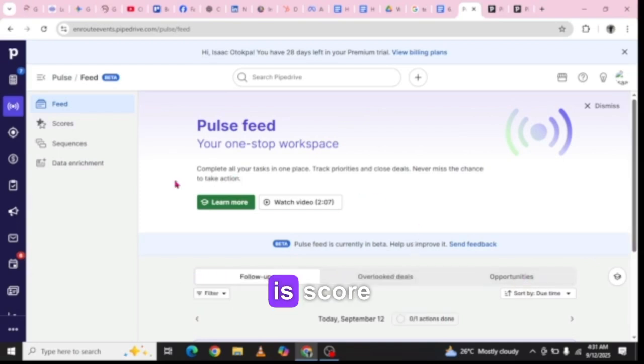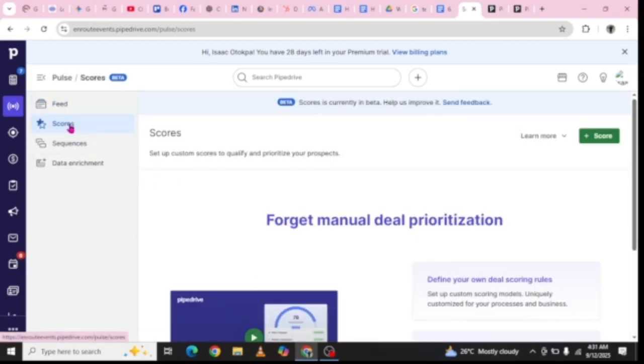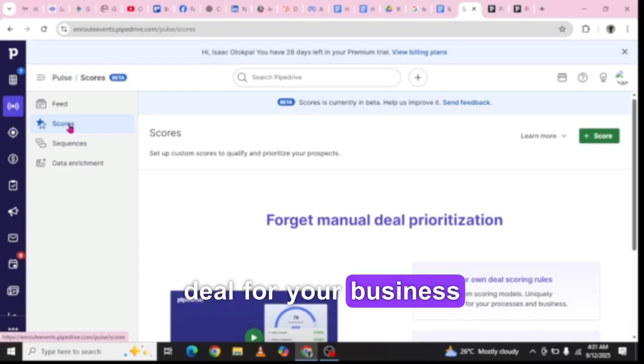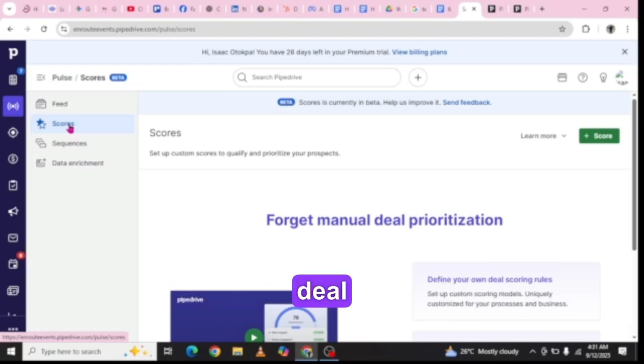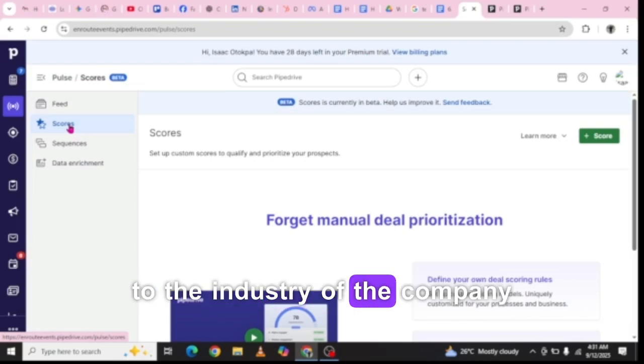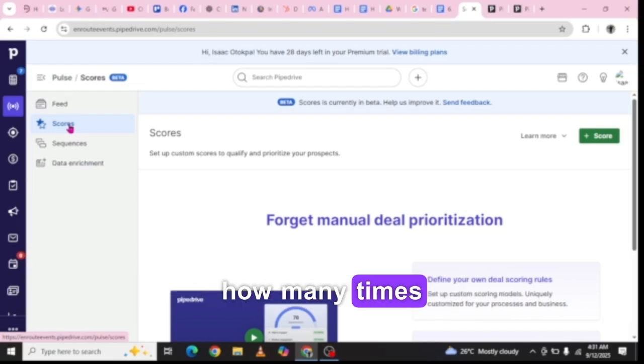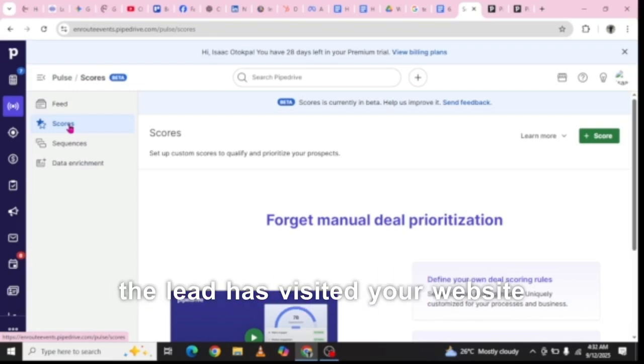Another component is scores. Customer scoring in Pipedrive is a way to rank your deals and leads based on how likely they are to become a paying customer. In a nutshell, this is how it works. You tell Pipedrive what is a good deal for your business. This could be things like: 1. The size of the potential deal, 2. The industry of the company, 3. How many times the lead has visited your website's pricing page,